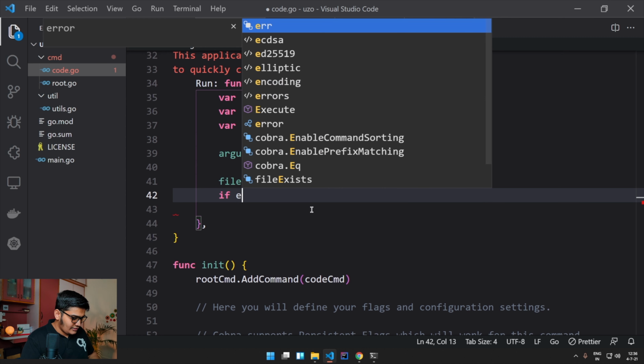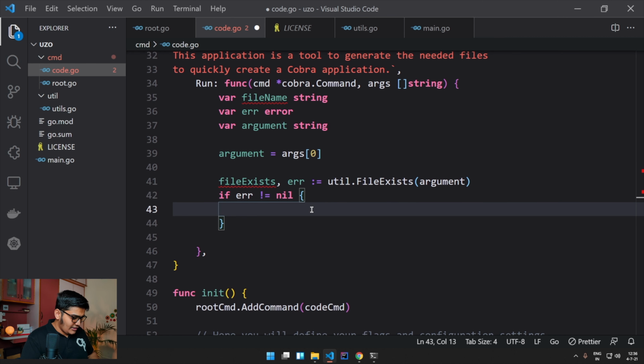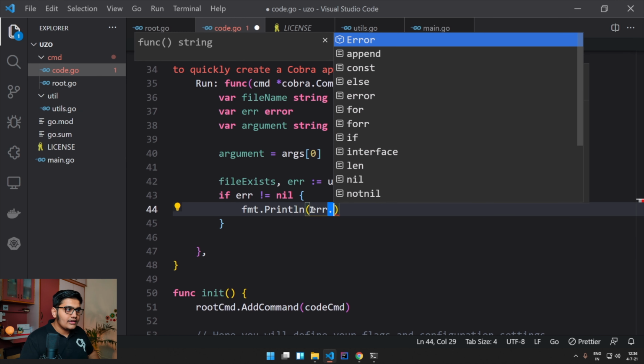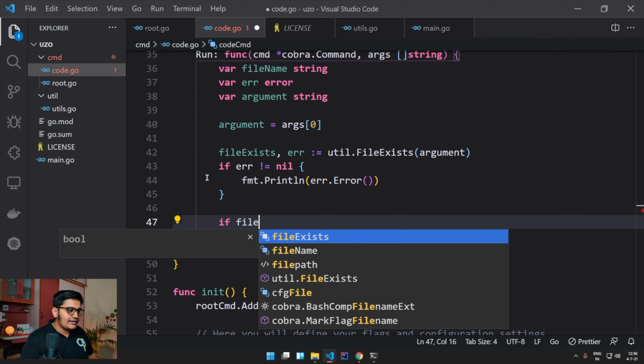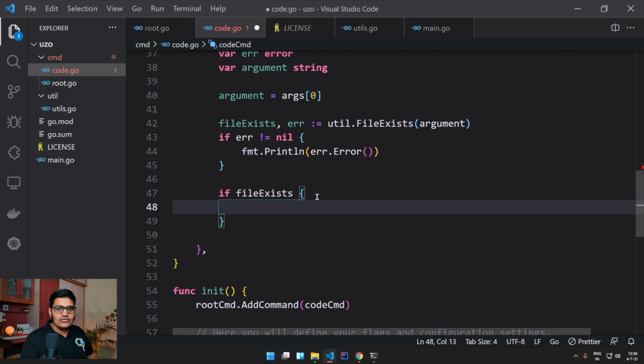If error not equals to nil, I'll say fmt.Println error over here. If there is no error, that means if file exists, then what I need to do is unzip it.